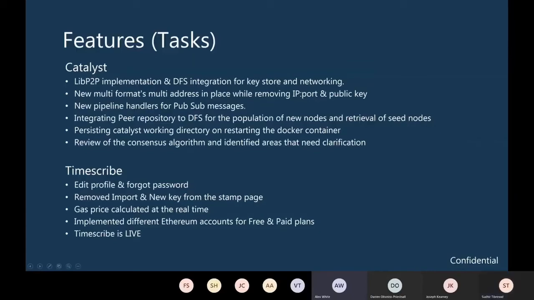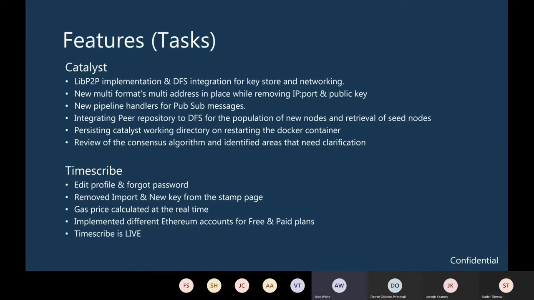So I guess we swapped out the .NET in place of libp2p, since we're already using libp2p for DFS and we were using .NET for the rest of the networking. But I think we made a decision a few months ago that we were just going to move straight to libp2p. And also on our .NET handlers, we had an issue where if the packet size was too large for